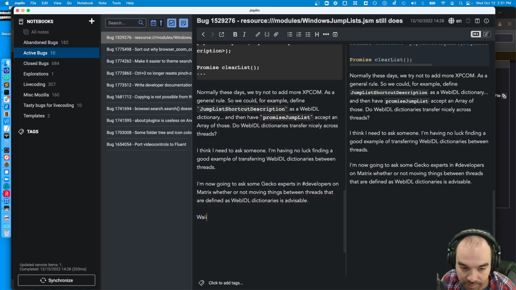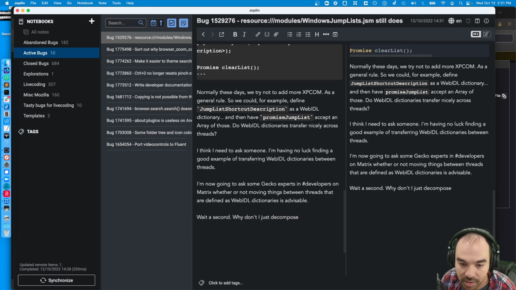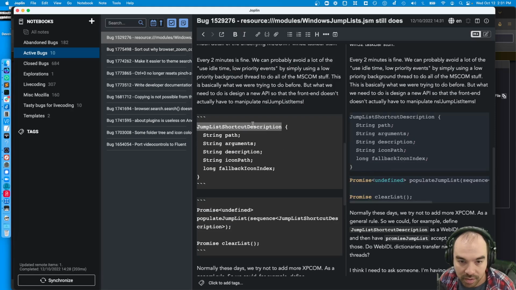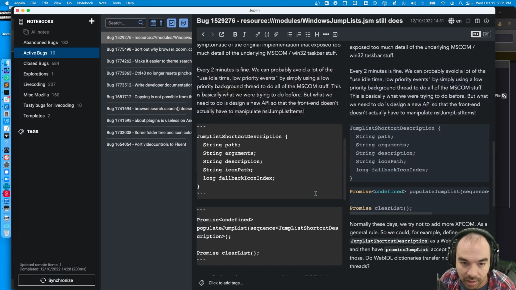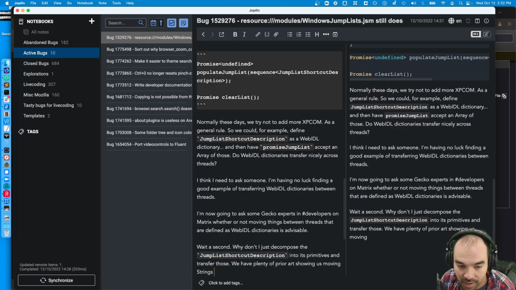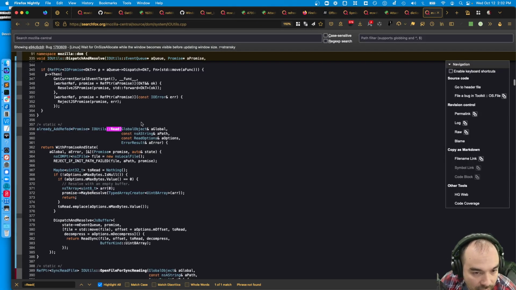Wait a second. Why don't I just decompose the jump list shortcut description into its primitives and transfer those? We have plenty of prior art showing us moving strings and longs between threads, right? Like we get path